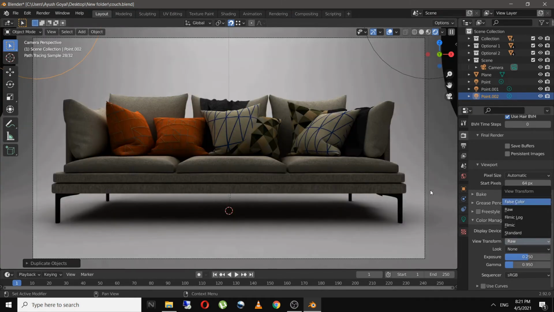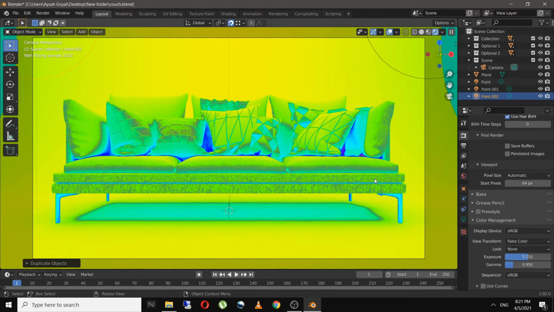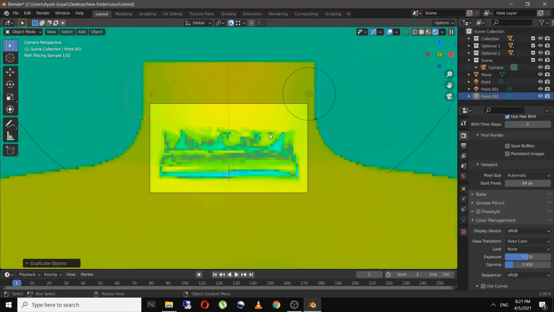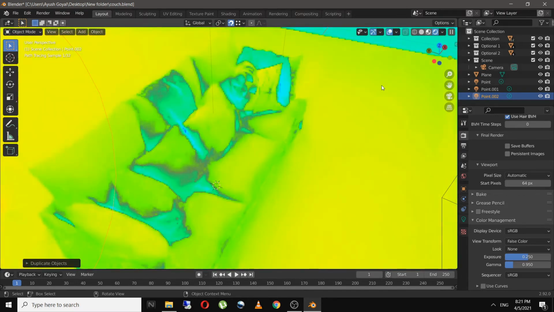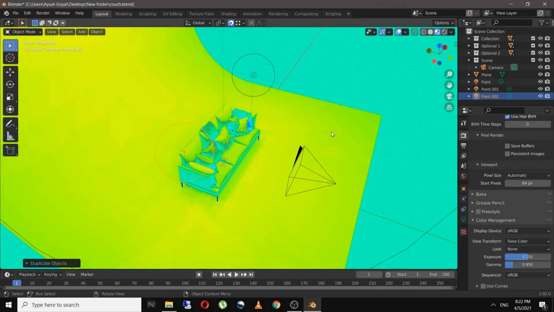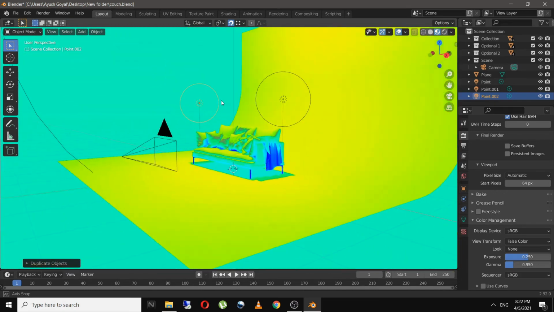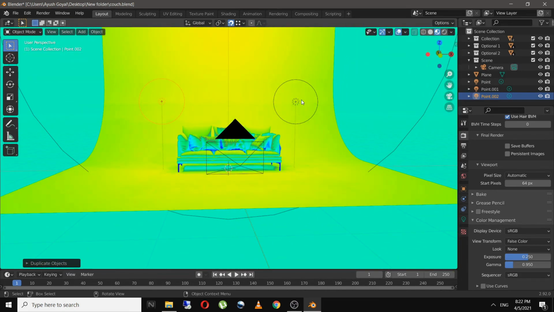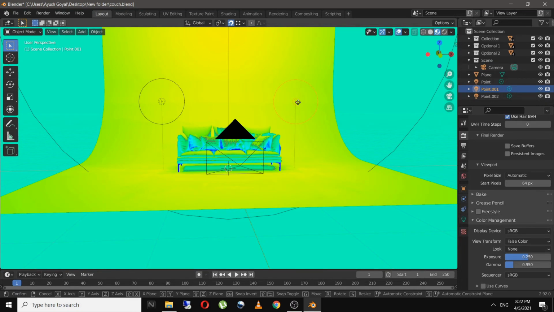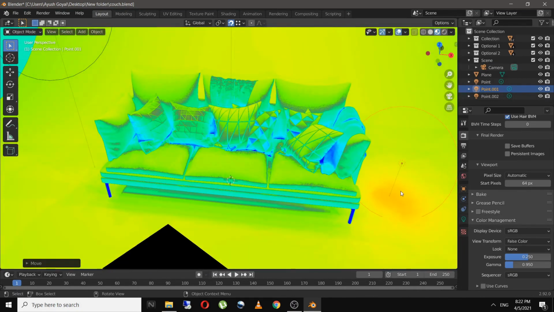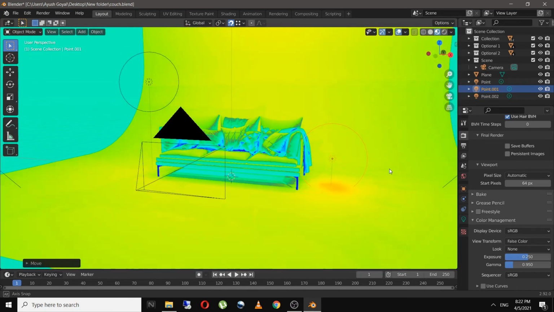So another one is false color, and if you enable this, you can see in which area and how much your light is reflecting. For example, let's move the light over here, and as you can see, we see some reddish thing. So that implies that the light reflecting over there is very high.